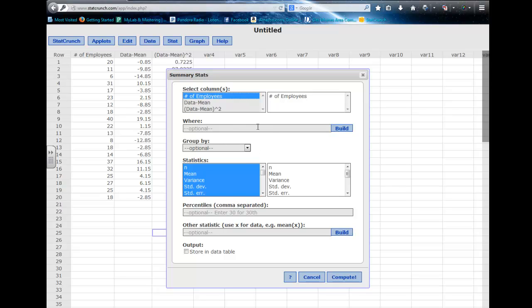And there's some options here. I'm not going to go into those, but here's where I can select what statistics I want. So N, that's the number of items. Maybe I want to know the mean. Maybe I want to know the standard deviation. Maybe I want to know the